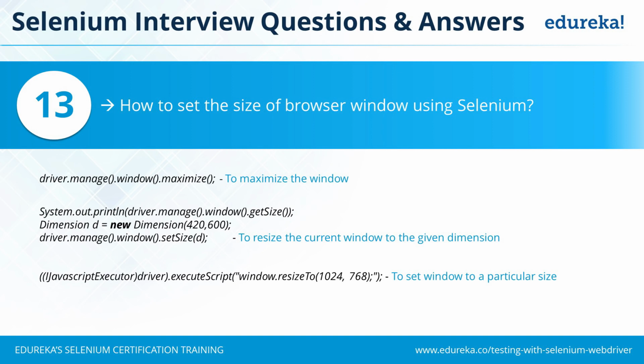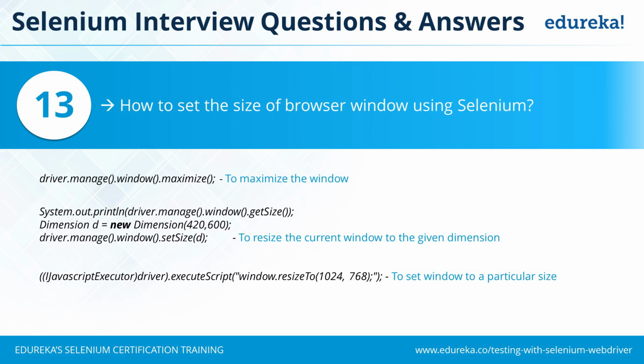But what if I want to set it to a particular size? So to set it to a particular size, first of all, I will have to know what size I want to set my window to. So what I do is System.out.println, I'll say driver.manage.window.getSize. So window.getSize is a method which will tell you what is the current size of the window. Okay, this can be useful to know. For instance, I got a screenshot and I also want to attach what was the window size at that point of time. So it will get you the size.